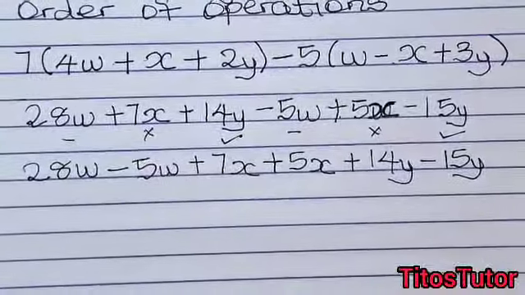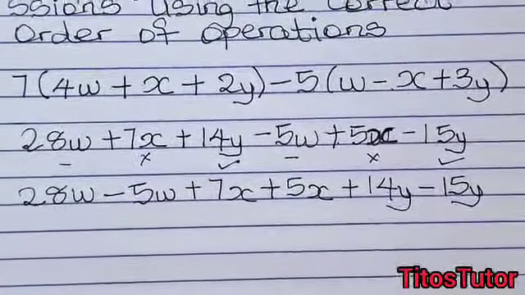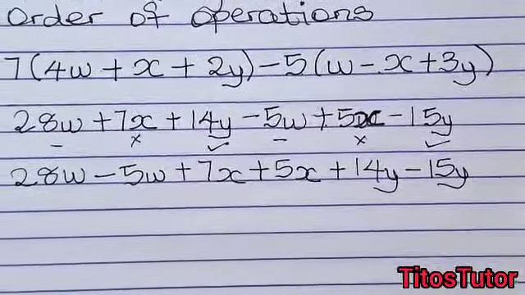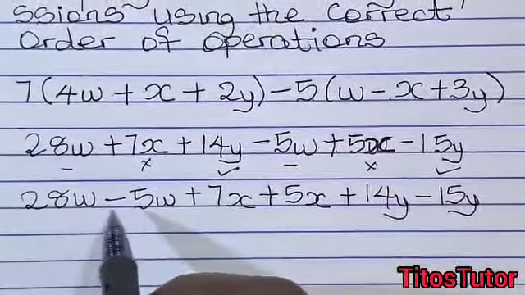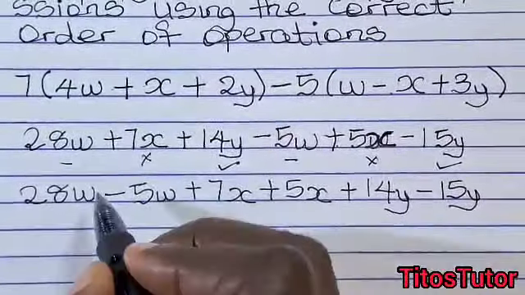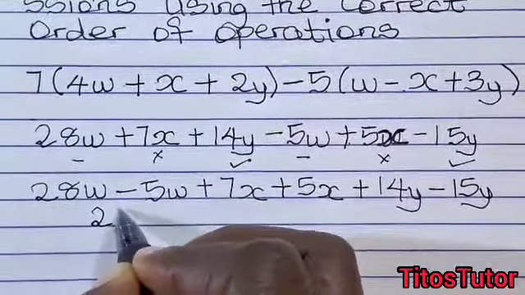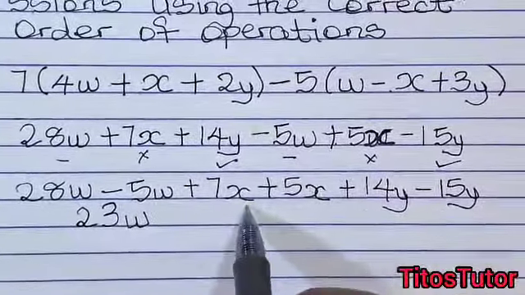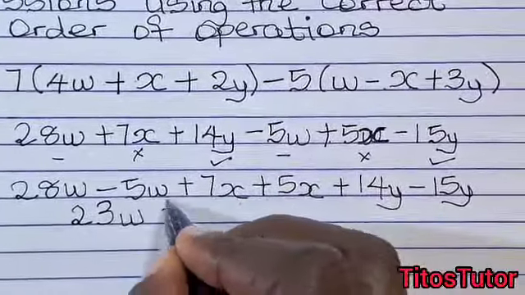Now, all the w's are together, all the x's are together, and all the y's are together, so we can simplify. 28w minus 5w is 23w. 7x plus 5x is plus